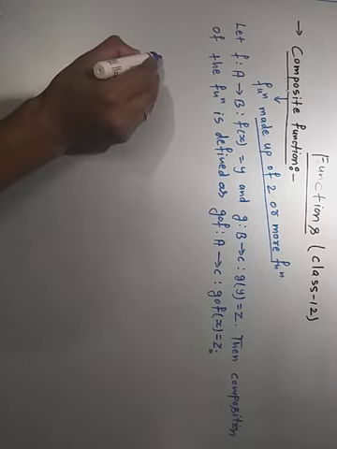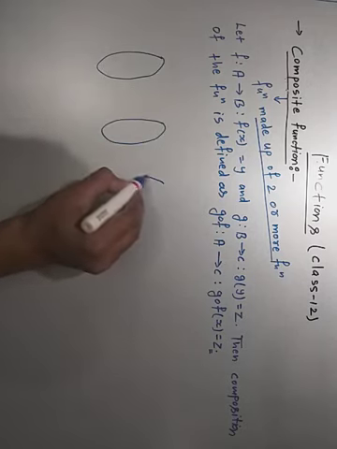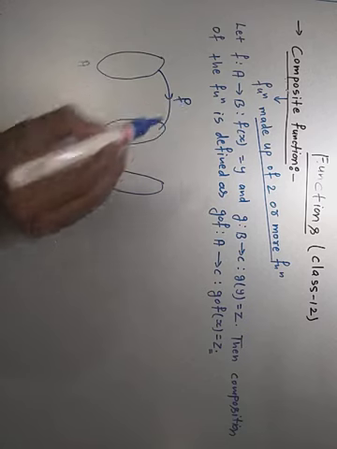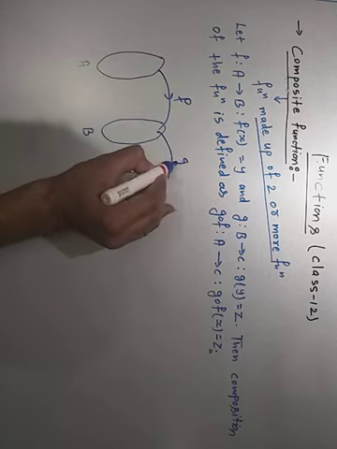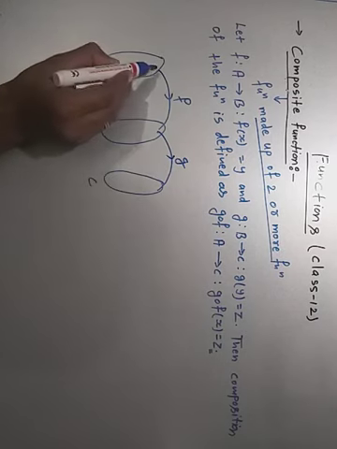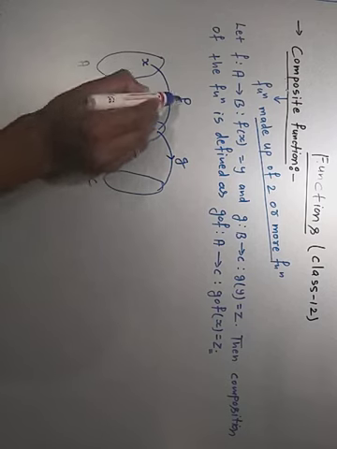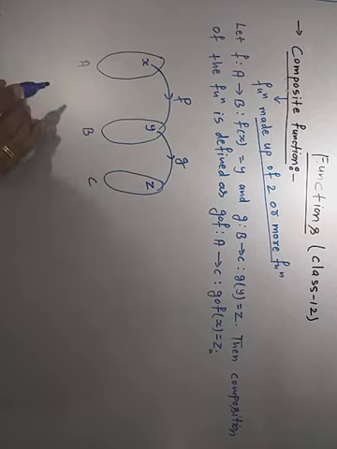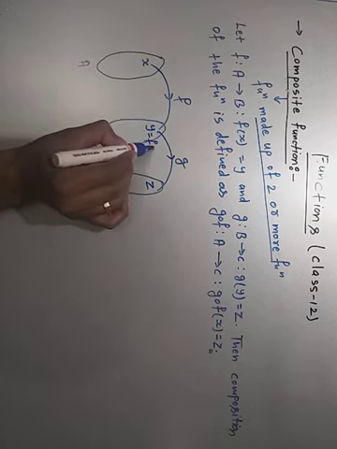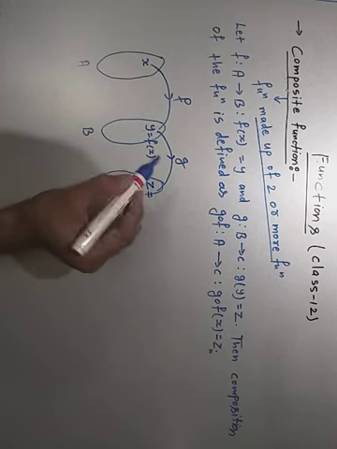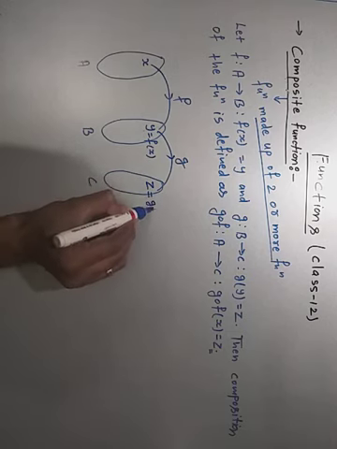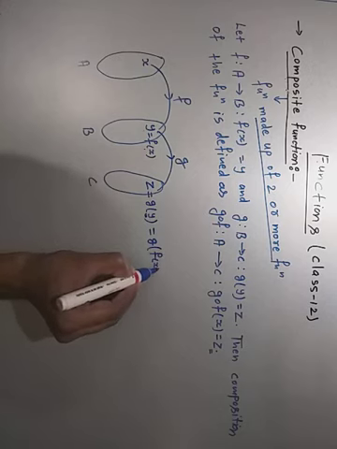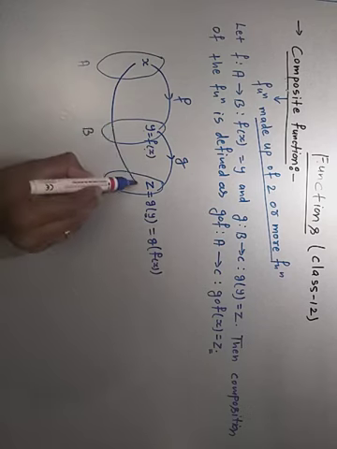एक्सप्लेन करते हैं एग्जैक्टली ये है क्या। तो एरो डायग्राम से समझते हैं। सपोज देयर इज थ्री सेट a, b and c। Now f is a function which is defined from a to b and g is a function which is defined from b to c। Now there is an element x whose image is y under the function f, and if y is the element of b, then z is the image of y under the function g। Then this y is equal to f of x, and z is the image of y under g, then z is equal to g of y। Then put y equal to f of x, so that can be written as g of f of x।